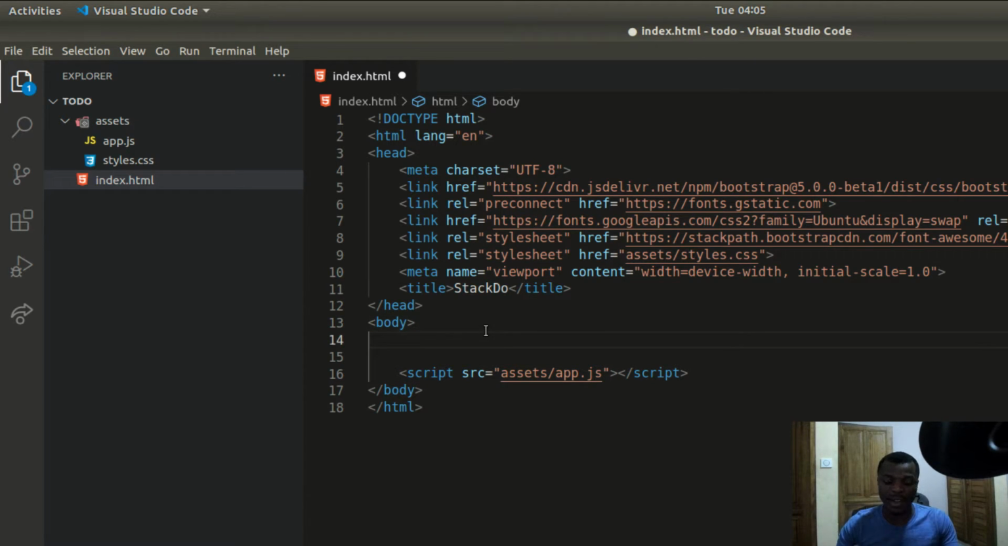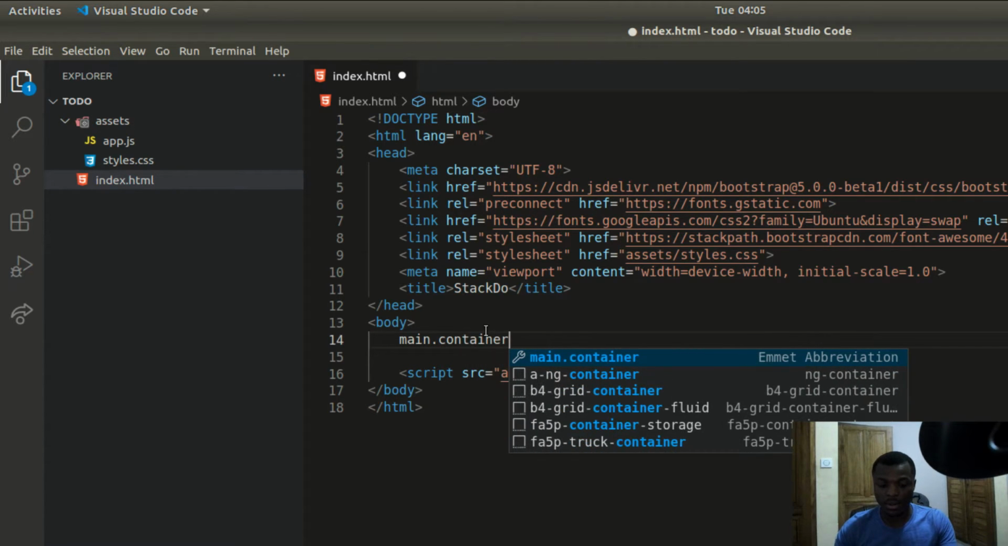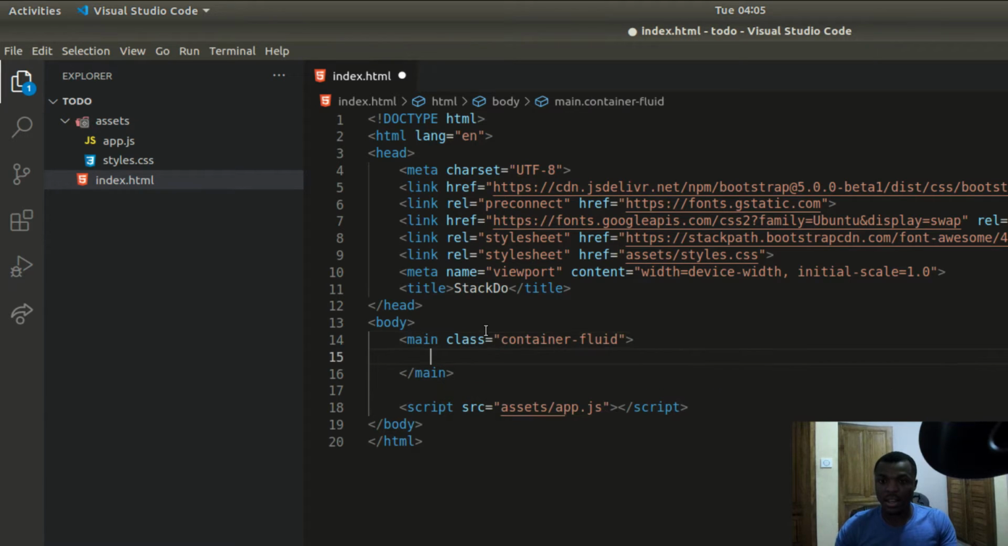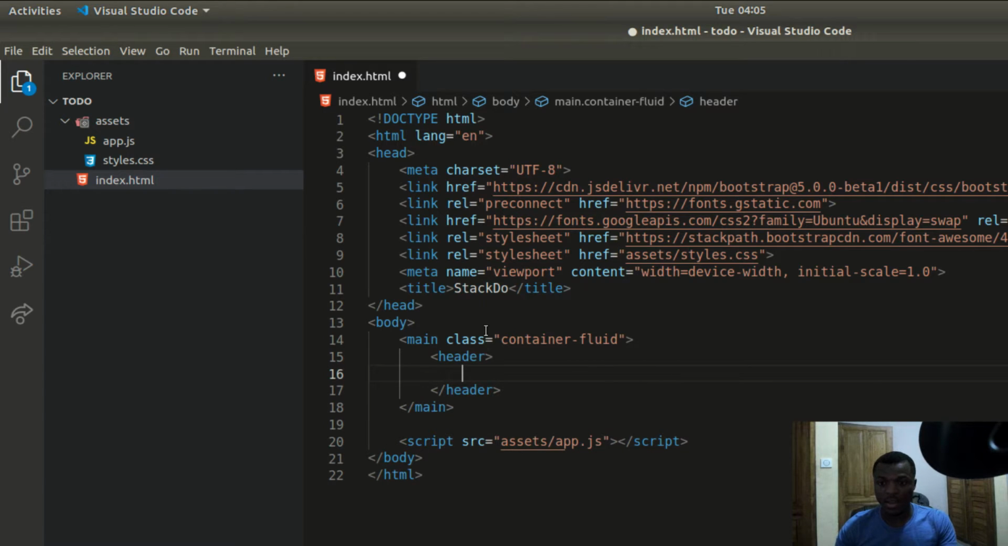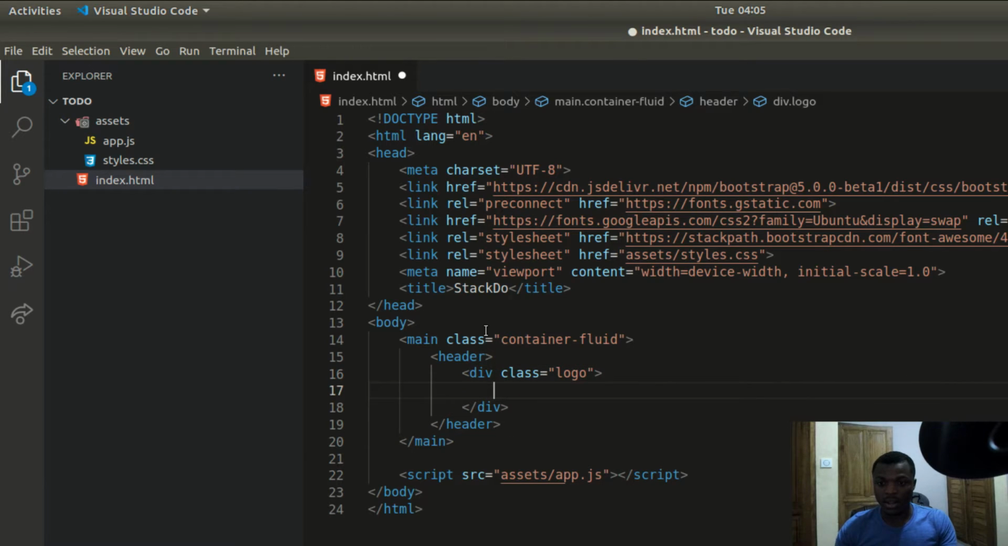So let me just go ahead and add some HTML here so that we can see how it looks and test if our assets are loading properly. So I'm going to call this main.container-fluid Bootstrap class, and I'm going to create a header. In the header, I'm going to have a div with the logo, and inside there I'm going to have an h1, and this h1 is going to have a span with stack and do, the name of our app,